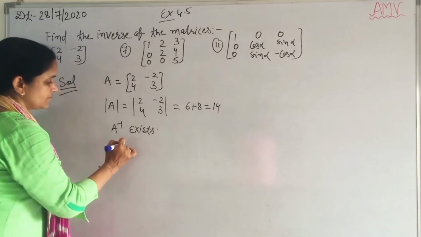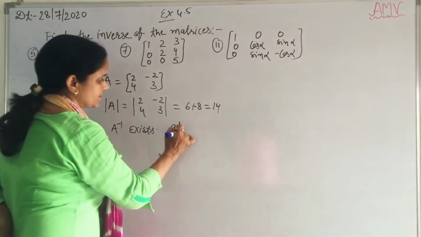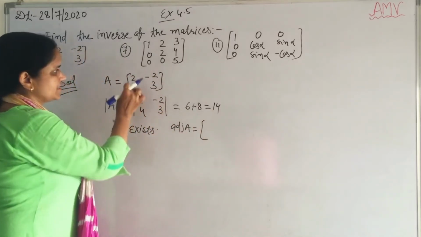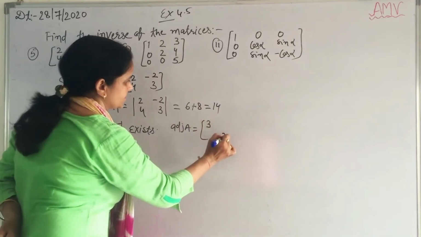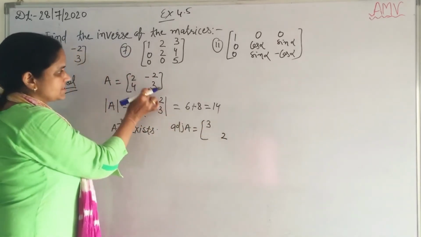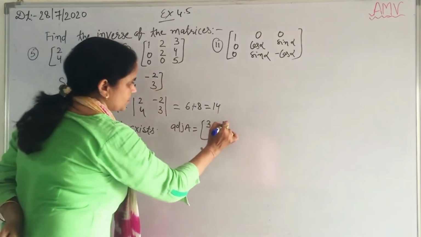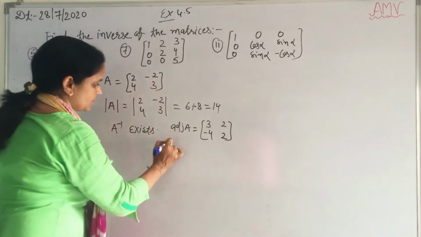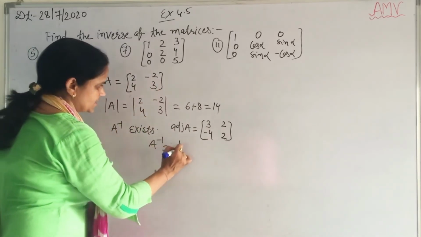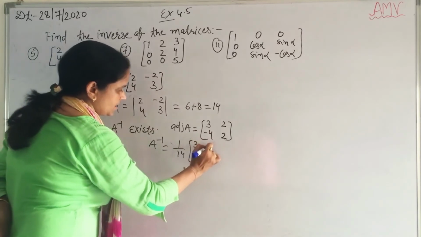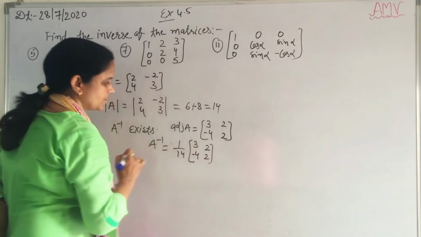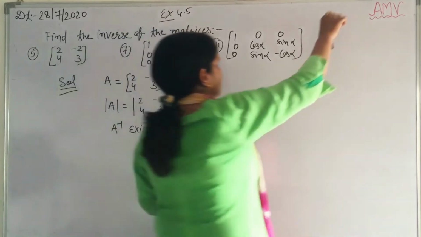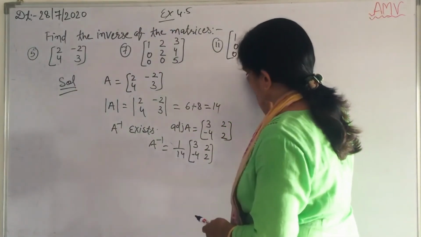Okay, and now for the inverse find the adjoint of A. And for this order 2 square matrix, it's simple, student. Write here 3, it's 2. Only interchange the elements of this diagonal. And for this, here 2 and it's minus 4. Okay, change the sign. So the inverse of A is 1/14, 3, 2, minus 4 and 2. Okay, very simple. Now for the next question, we have to first find the value of the matrix.